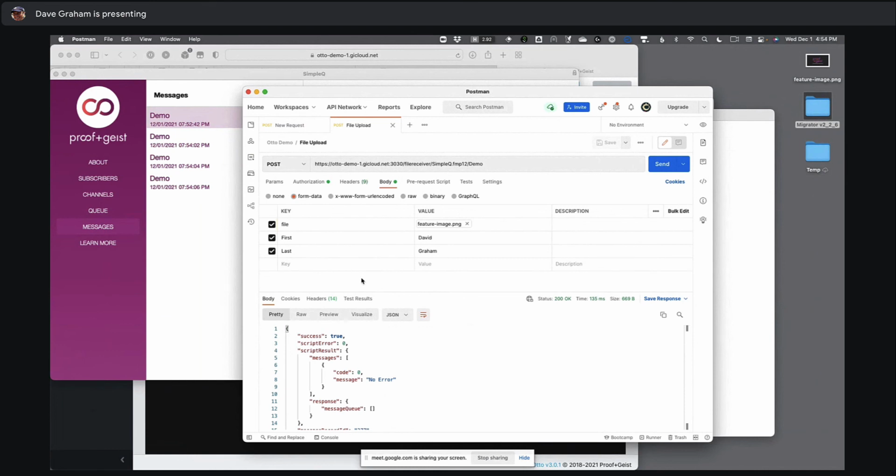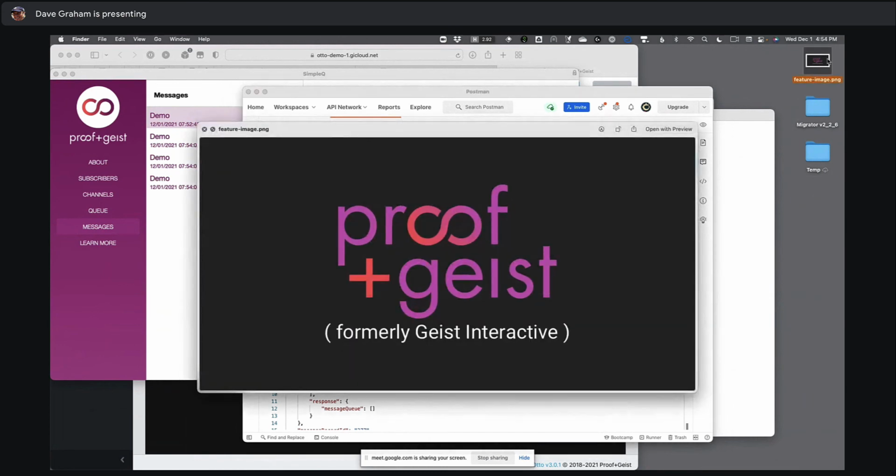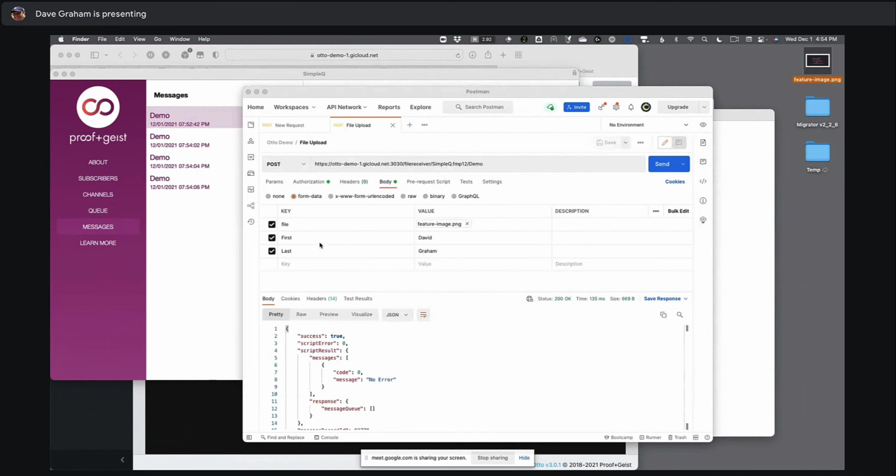So here's an example of a file upload where the file is this one right here on my desktop. Here it is. It's just an image. But you can see that the format of the data that we're posting is form data. So I can put arbitrary keys and values into that payload. And when I send that through,